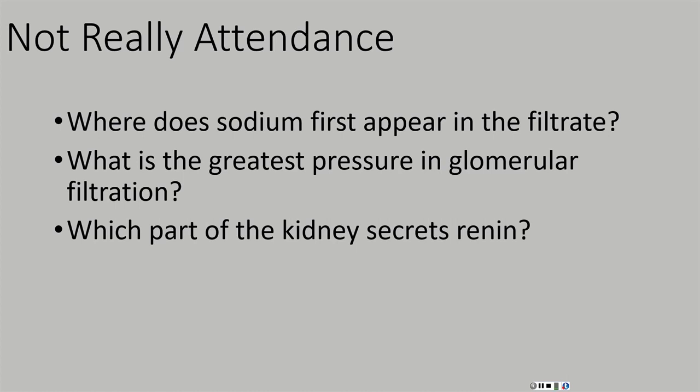Which part of the kidney secretes renin? Well, back when we were first talking about the renin-angiotensin mechanism, way back in the first unit, we just said that the kidneys secrete renin when there's a drop in blood pressure. But now we have to be more specific. It is the JG cells specifically. Remember, they were also called granular cells, but we have to be that specific now and say the JG cells, the juxtaglomerular cells. Remember, granular cells are all over the body, and in the kidneys, we give them a special name. So it is the JG cells that secrete renin.